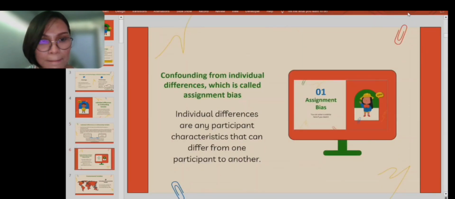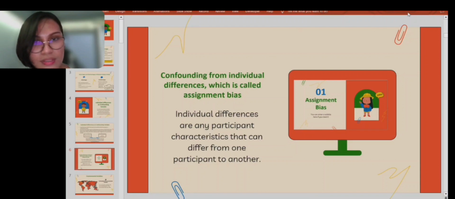Confounding in individual differences is called assignment bias. Individual differences are any participant characteristics that can differ from one participant to another. An example is if the researcher unintentionally places higher-performing students in a treatment group and lower-performing students in a control group. This could happen if the researcher, either consciously or unconsciously, believes that the new program will benefit higher-achieving students